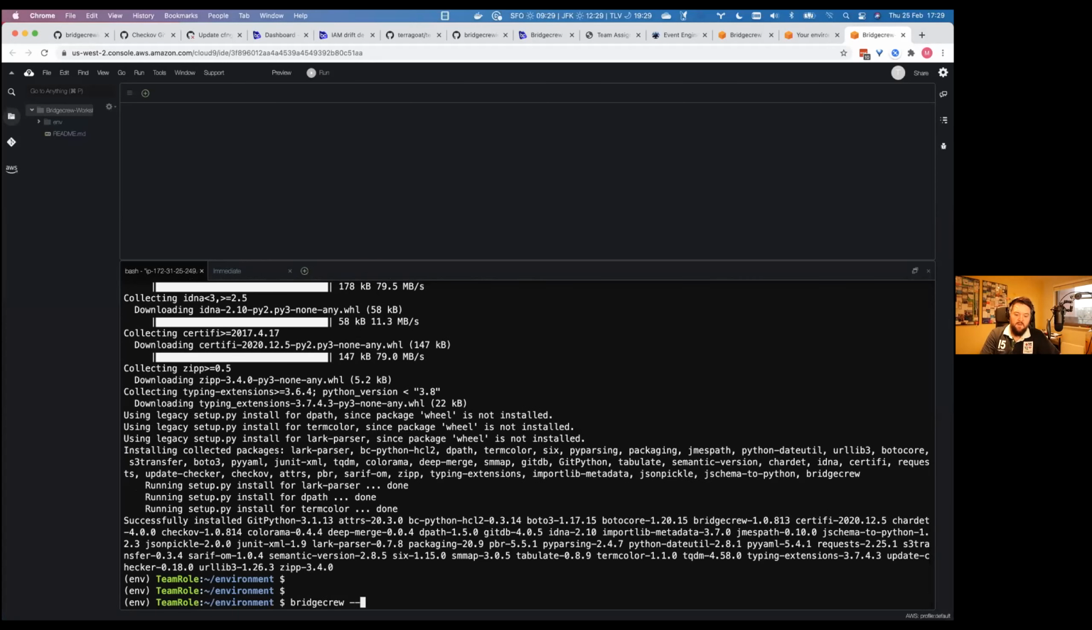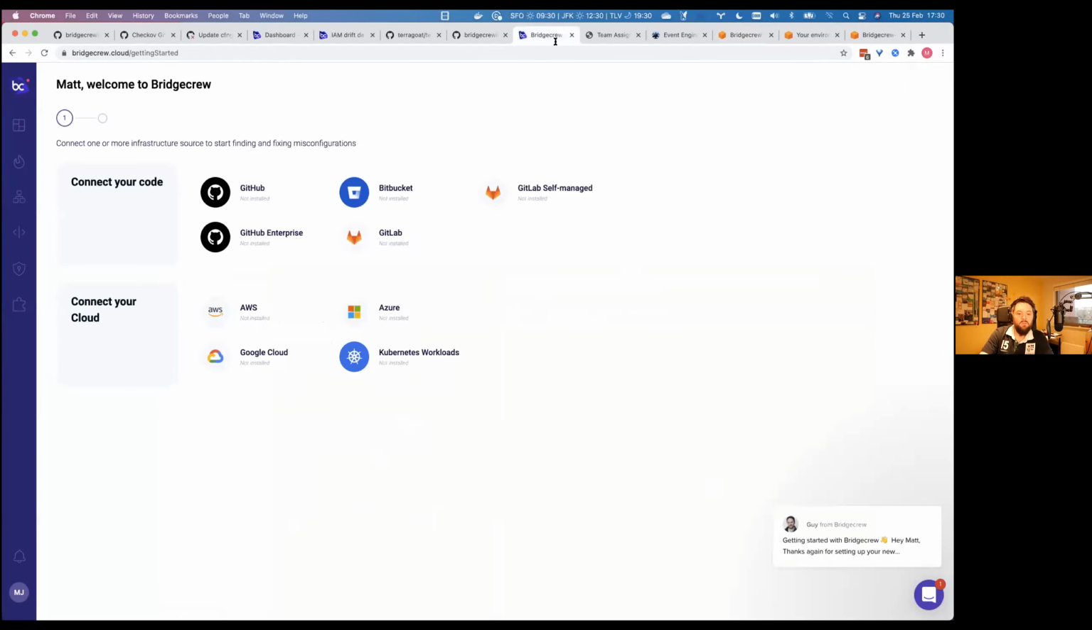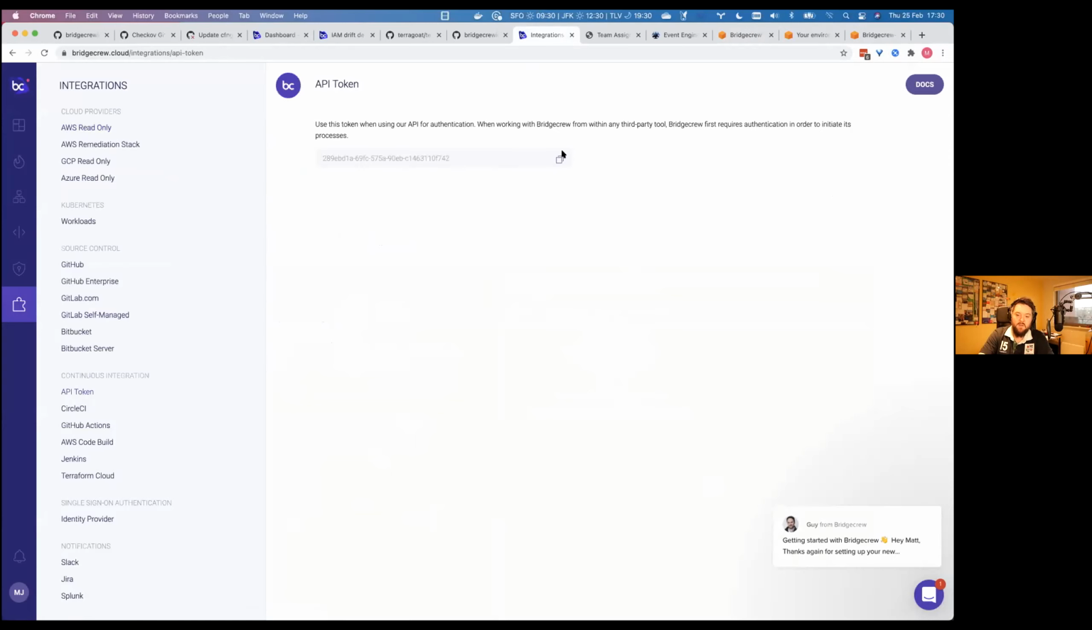So once we have that ready, we are going to need something for this. The Bridgecrew CLI is really useful for manually testing your code, as we'll see in a moment, and also integrating with a number of different CI/CD systems. But the way it talks back to our Bridgecrew platform is through an API token. So we get that by going to our shiny new Bridgecrew dashboard, going into the integration, the bottom menu item on the left, and then we find API token here, and your API token for your account will be